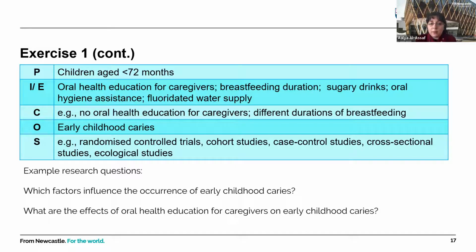And we came up with a more specific research question, which is the second one: what are the effects of oral health education for caregivers? Now this is a particular type of intervention we are studying on early childhood caries. So you can see here it can be different. The research question could be broad or it could be narrow.